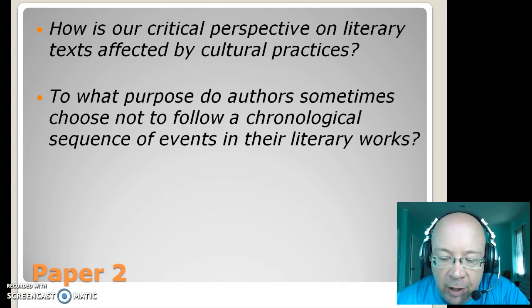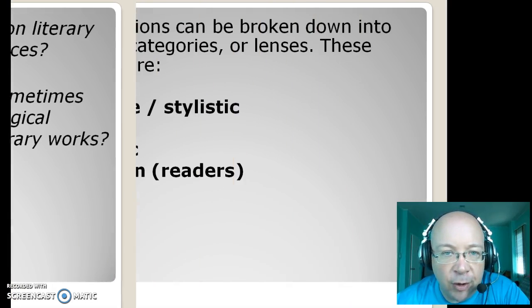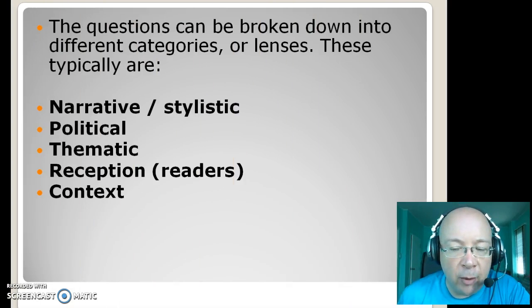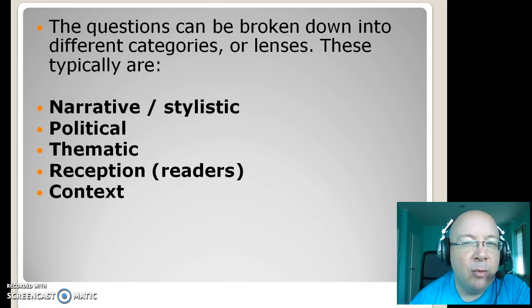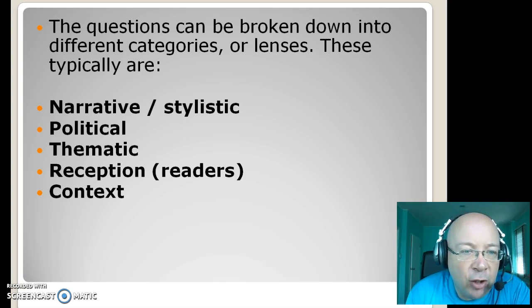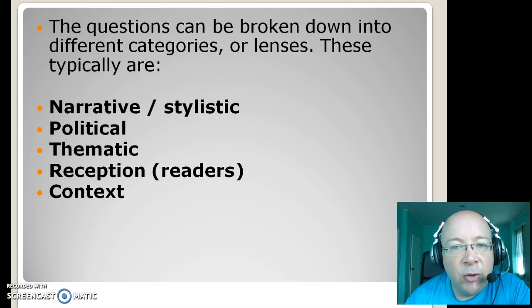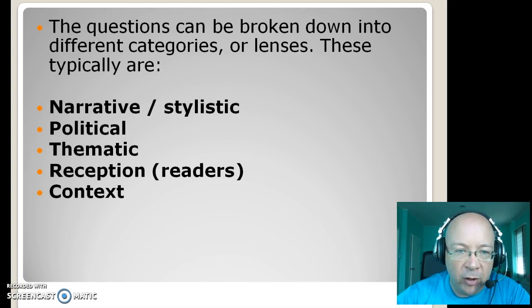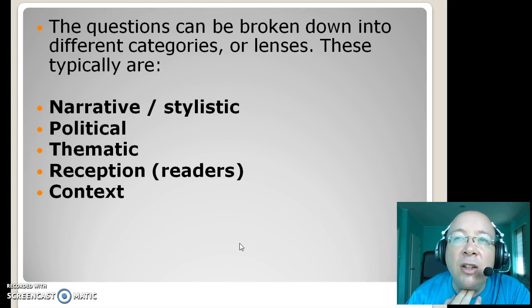And hopefully you can see by reading this they focus on very different types of aspects of literature. And this is one thing that's worth looking at when you first get a question. Think about what kind of question it is, because generally there's only really 5 or 6 types of question. They're just rephrased and rebooted every year. So we talk about not so much categories, but lenses, looking at answers or questions through different lenses. And so these are, I would say, the main 5. You could argue there might be a couple more, but these ones will come up on your exam, there's no doubt about it. And so if you've written at least one answer for each of these, you'll be in fairly